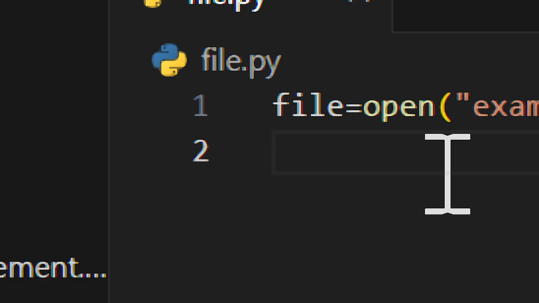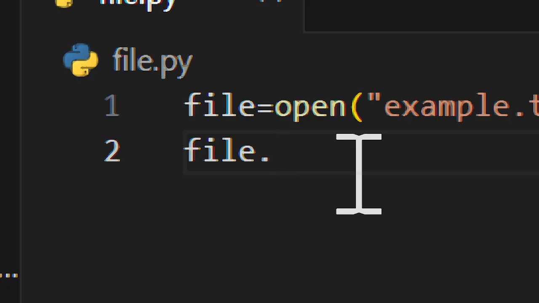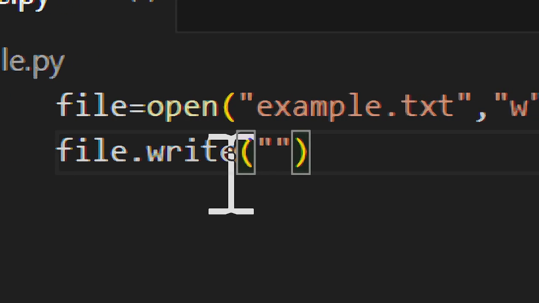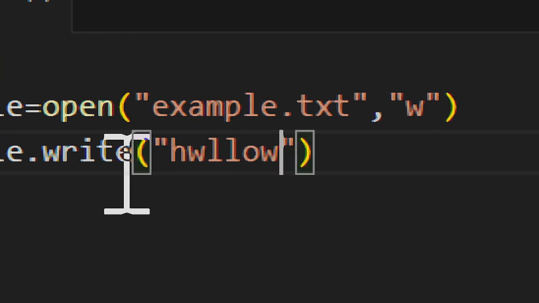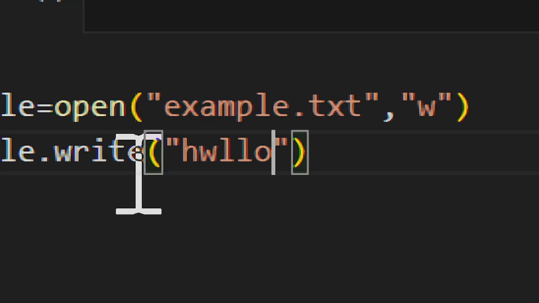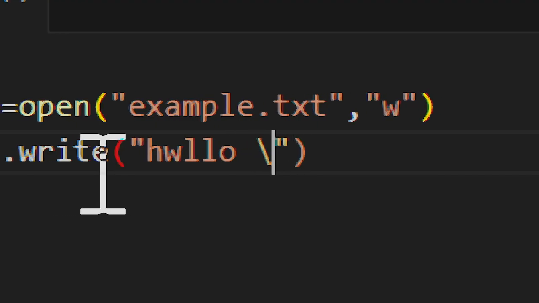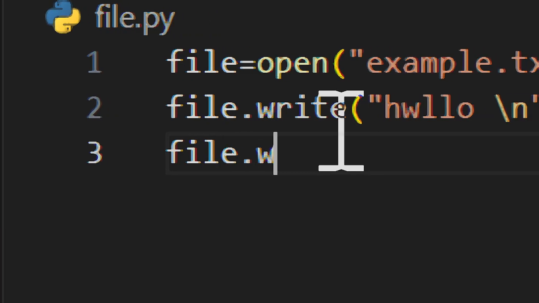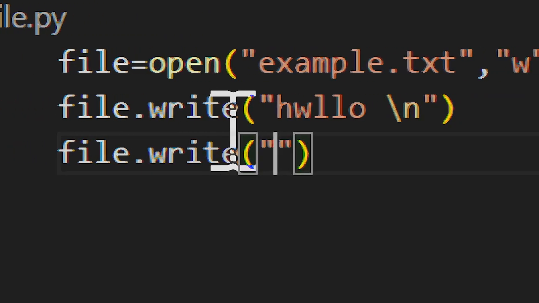Next, call this variable, file.write, left parenthesis, quote, give the content: Hello, space, Hello, space, w, backslash n. This is \n, go to the next line. Then file.write, left parenthesis, quote,